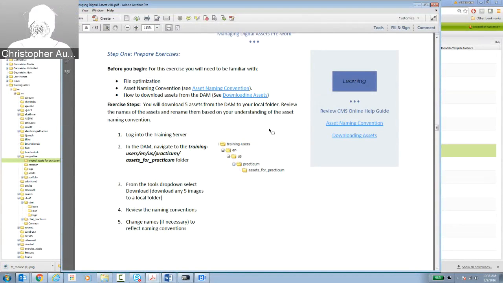So let me just do a quick check-in. I slated this to go to 11:30, and we can do this a couple of different ways. We can go through now, and if you wanted to download assets, I show you one and then you do one. Or I can talk you through all these pieces, and then, time permitting within that 11:30, you can work on the practicum, which has all these exercises for you to do: download, rename, upload, tag,